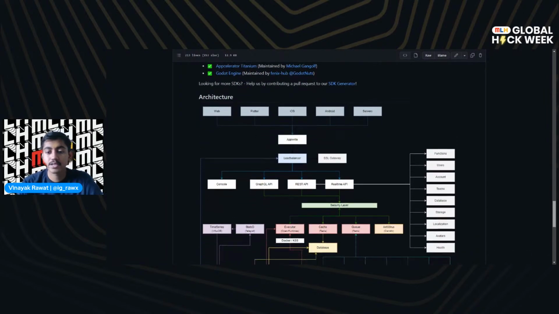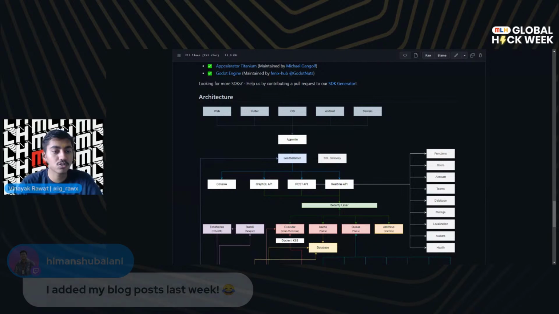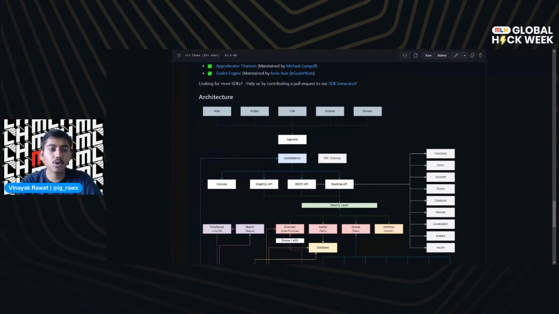Then the next is the architecture of the whole product. They've mentioned it depends upon two. It's a good thing if you add blog posts to a GitHub README, because if I go to a GitHub README, I always read blogs because I need to know how people write. They've also mentioned an architecture of how things actually work. Then they have mentioned